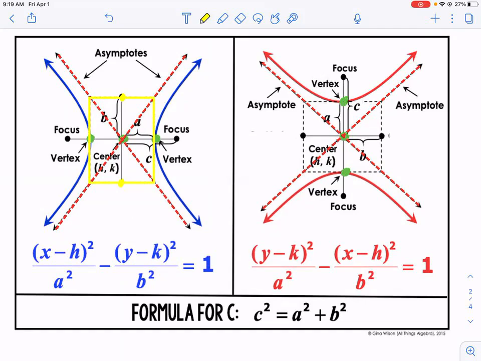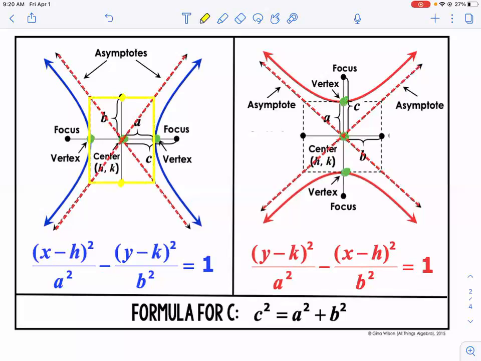Okay, well, we intersect at the center, and these go through the corners. These are the diagonals of the rectangle, okay? So if we use a and b to make this rectangle, we can plot our asymptotes through the diagonals, okay? Then with c, we find c and we plot our foci c away, okay? Now, with our hyperbolas, we are going to have to write the equation of our asymptotes,